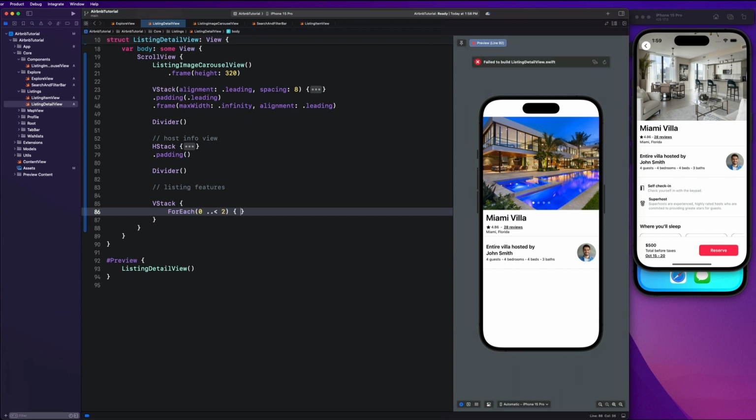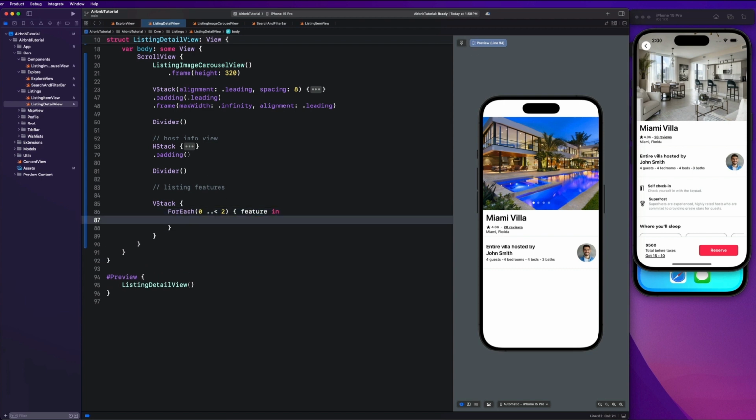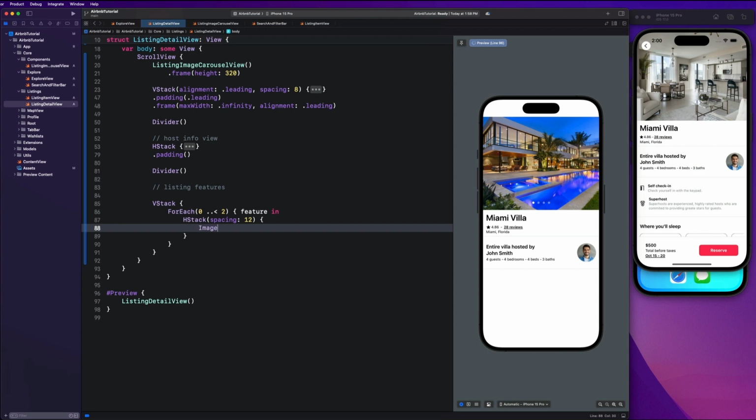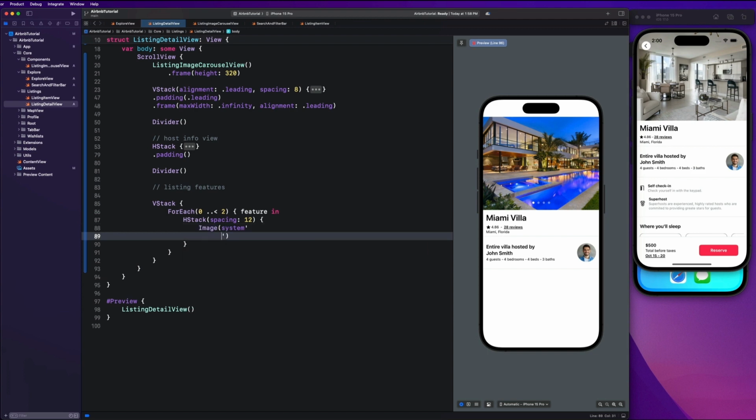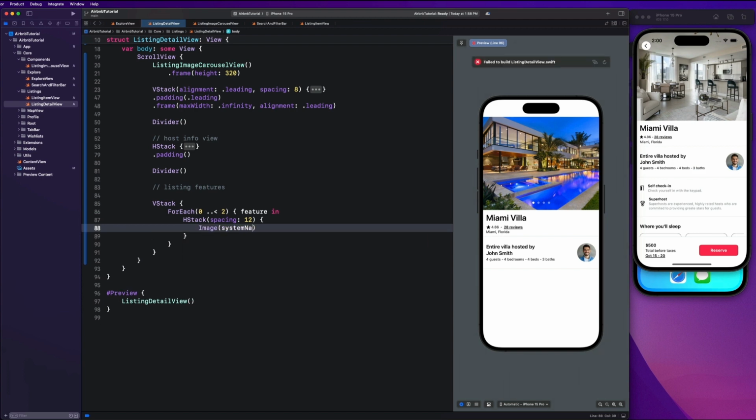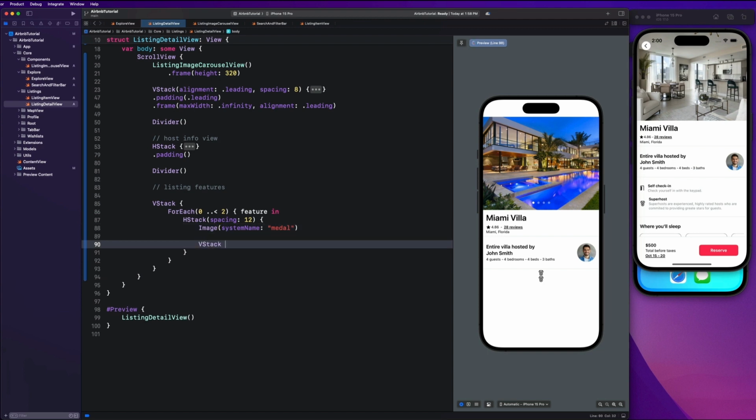And we'll say feature in, because we're going to eventually make this a listing feature. Let's just go ahead and make an HStack with spacing of 12, image system name, and I think that one's like a medal. Yep, cool. And then we're going to say another VStack